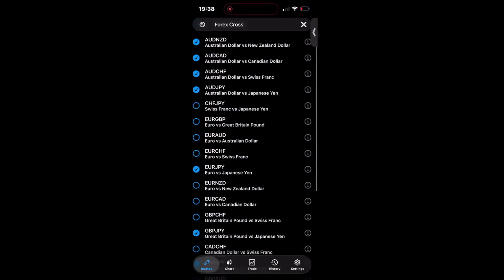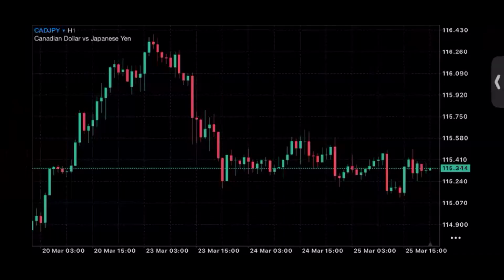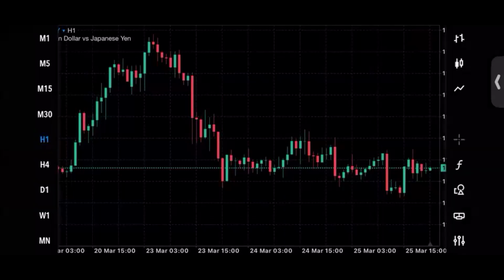So charts. I'm starting with CADJPY. So this is CADJPY right now on the 1 hour time frame. What do you think market is doing? It's consolidating, but let's be sure. Let's confirm that. If I put in my moving average